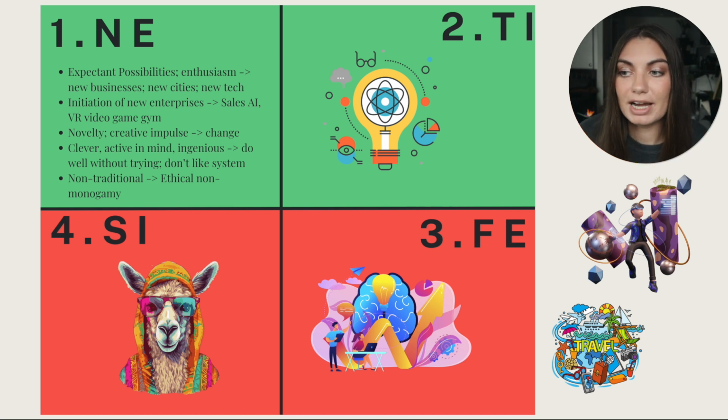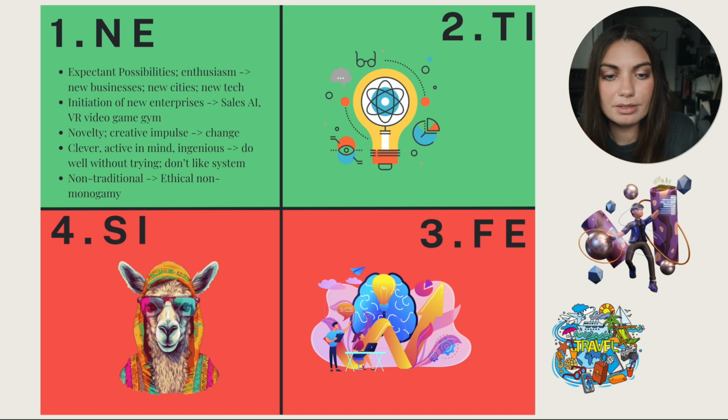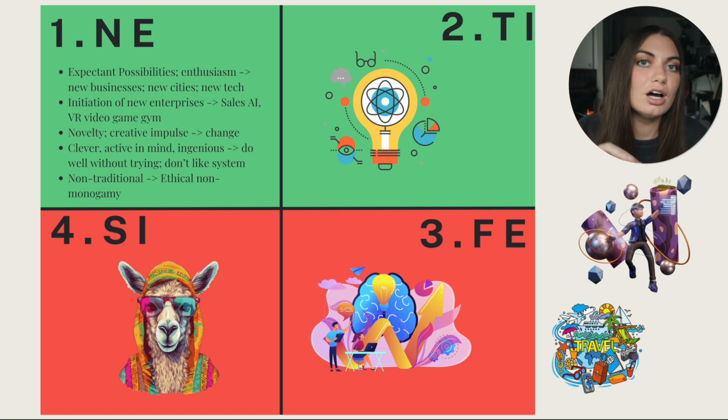Some examples could be, I know many extroverted intuitive doms who have started their own businesses many times over. They went to law school, then they started their own law business, and then they got into the military, and there's a lot of hopping around, even among baby boomers who didn't do that as much. There's a lot of career hopping, and especially their own businesses, a lot of their own businesses, moving to new cities. I've lived in Idaho, I'm living in San Francisco now, so I've seen ENTPs in different environments, but still